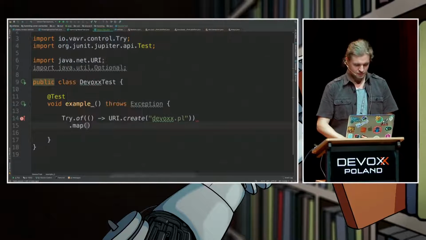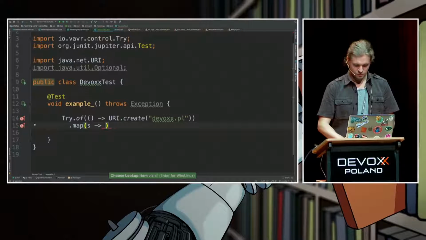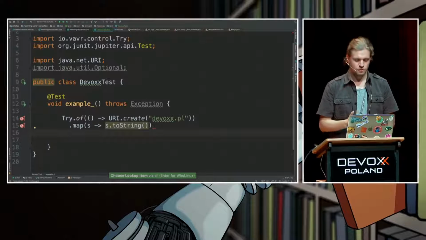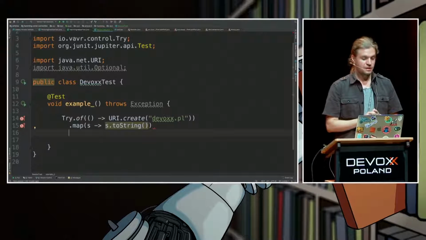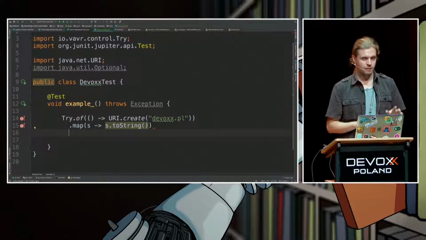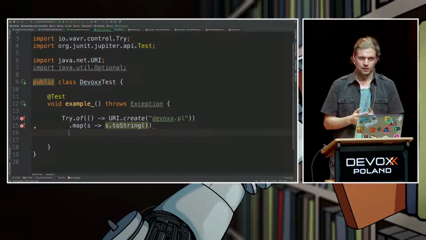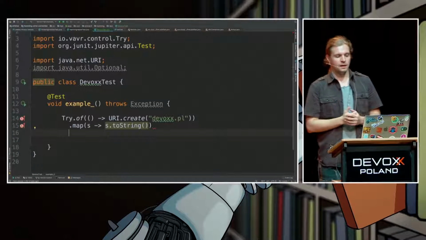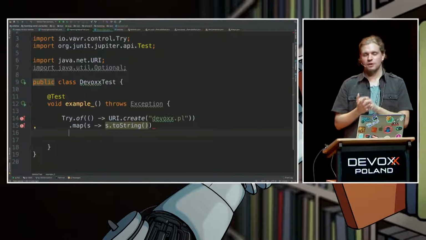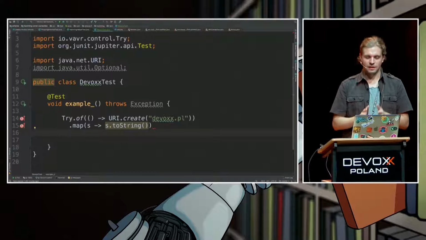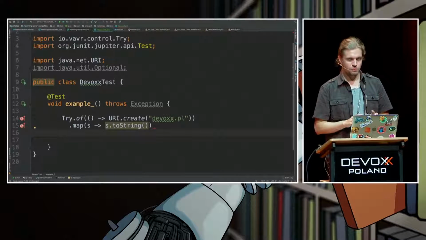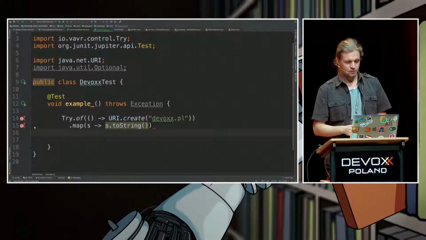is very similar to what you would get if you worked with an optional. So you can declaratively pass some methods to it, and as you can see, you don't need to worry about exception handling at this point. Okay? This is declarative programming. It means that our value is encapsulated in this exception handling context. So at this point, we don't worry. We have a very nice API for doing that.